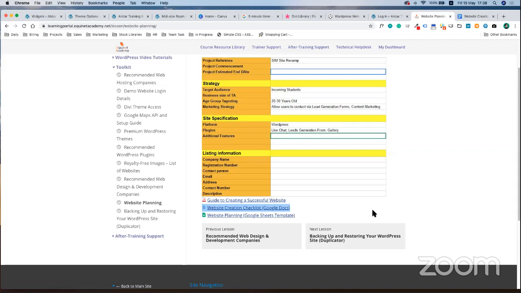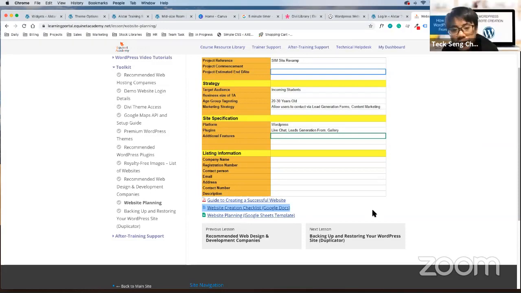Managing website. Hello. Yes. If, let's say, after we do the website and we have launched the website, and subsequently we want to make some amendments, we have to come here to do the amendment. We have to log in here to do the amendments, under your WordPress admin. Correct. Under admin. That means you log in under your WordPress WP admin.